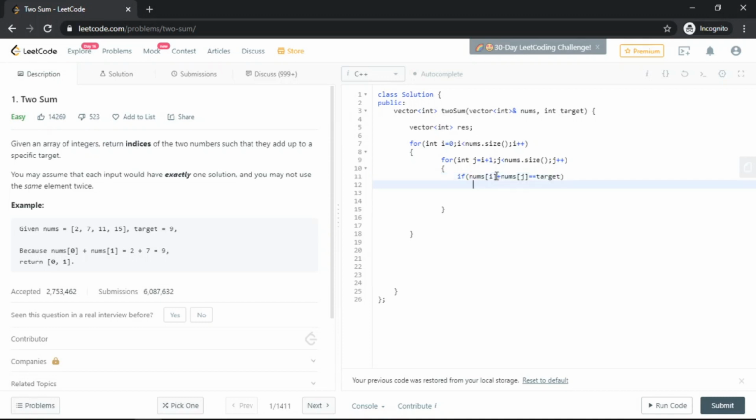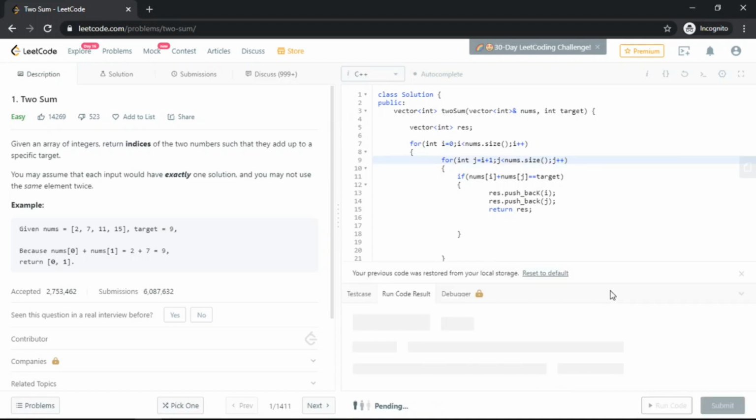If it does, we push back the indices: res dot push_back of i, which is the index of the first element, and res dot push_back of j, which is the index of the second number. Then we return res. Let's have the return of res here as well, because otherwise it will throw an error.